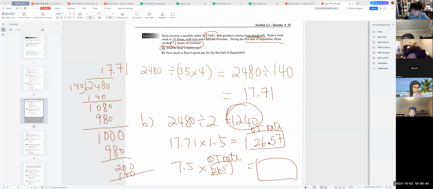Then you use this one times 7.5 equals 199.24. And you plus 199.24 plus 1240 equals